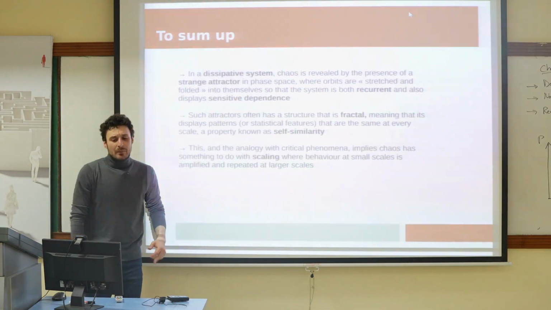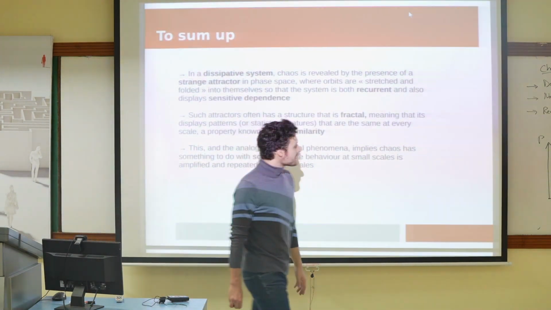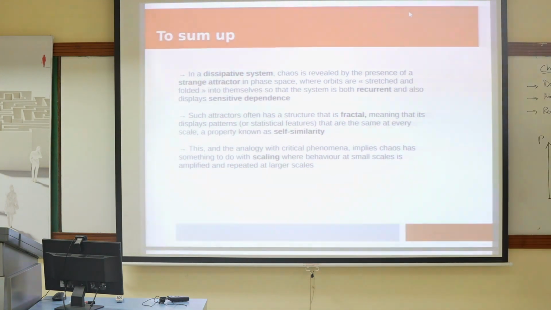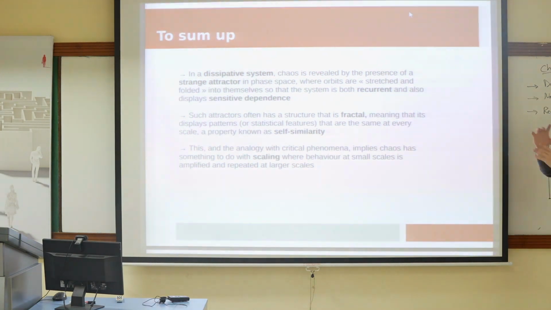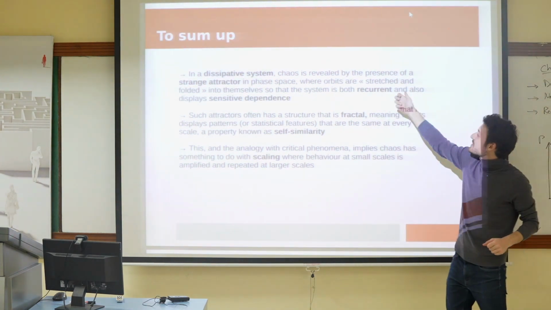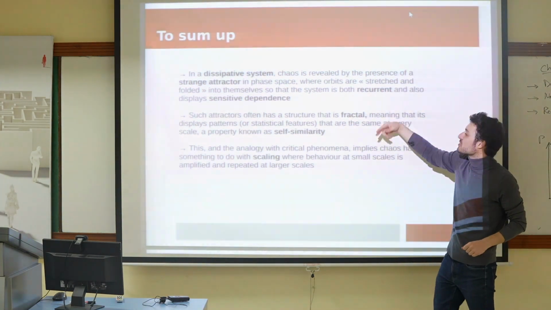Okay. So, to sum up, we're reaching the end, and I think this is a good point to wrap it up. So in a dissipative system, what we saw is that chaos is characterized by the presence of these structures called strange attractors. Strange attractors have two features, right? They're infinitely complex. No orbit ever comes to a limit cycle. No orbit ever falls onto a point. But they're contained within a finite space. And the reason that they're contained within a finite space is this idea of stretching and folding of the phase space.